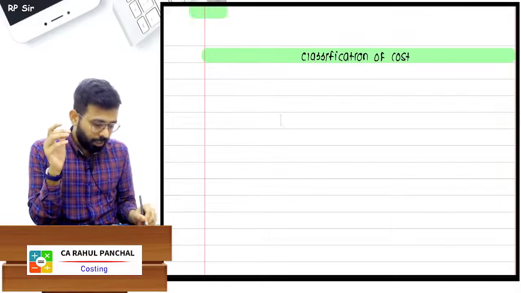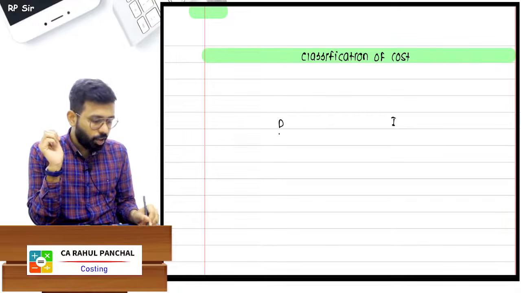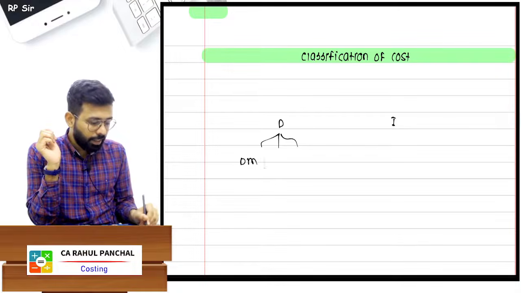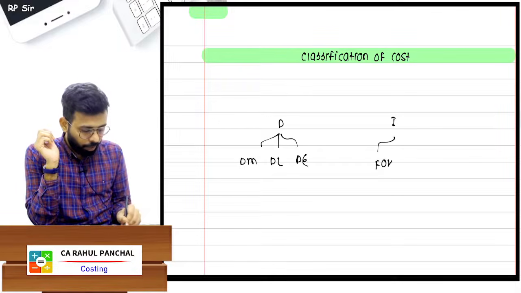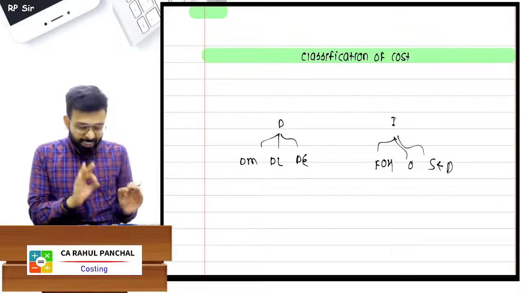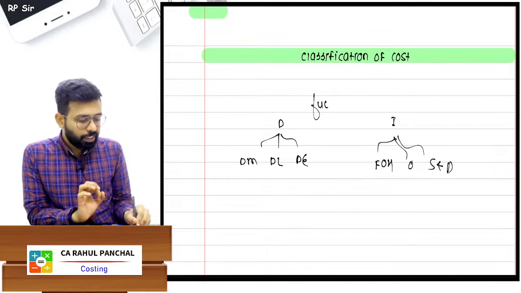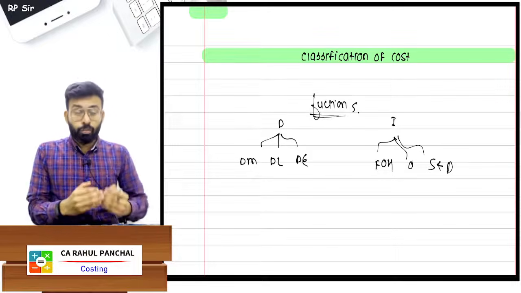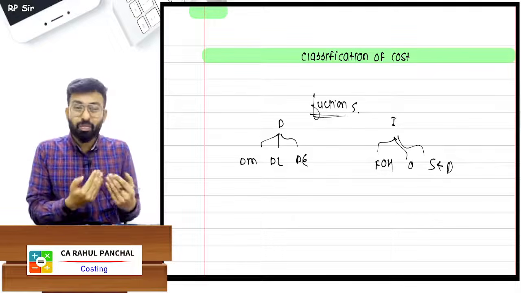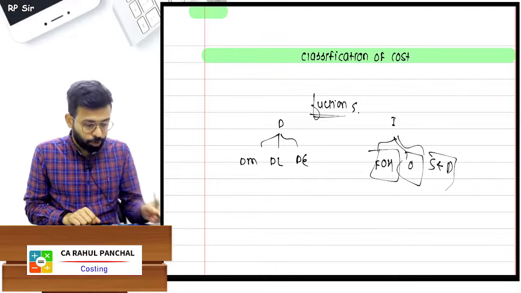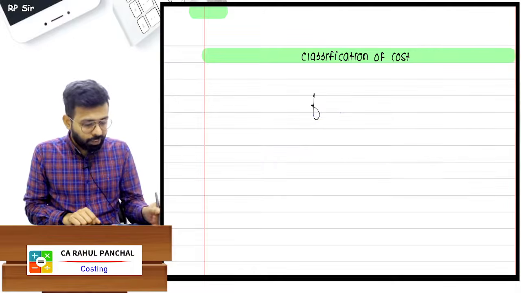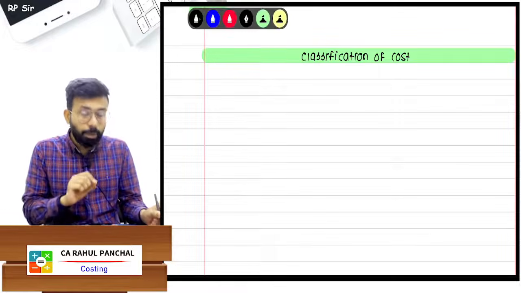When I talk about cost, there is direct cost and indirect cost. In direct cost there is direct material, direct labor, and direct expenses. Then there is factory overhead, office overhead, and selling and distribution overhead. This is also a classification of cost, but this classification is based on function, that is, this part is factory overhead, this part is selling and distribution. But now we are going to classify the cost again, and that classification will be based on